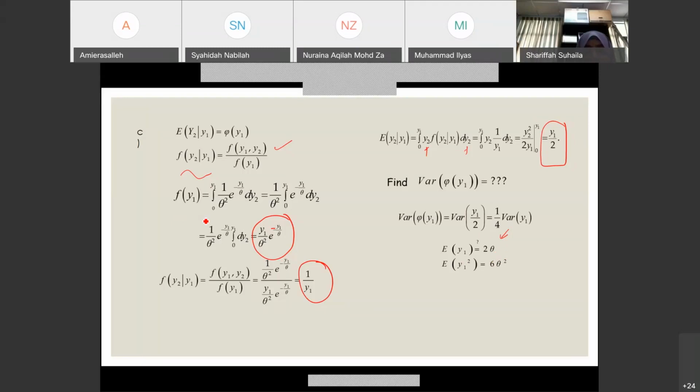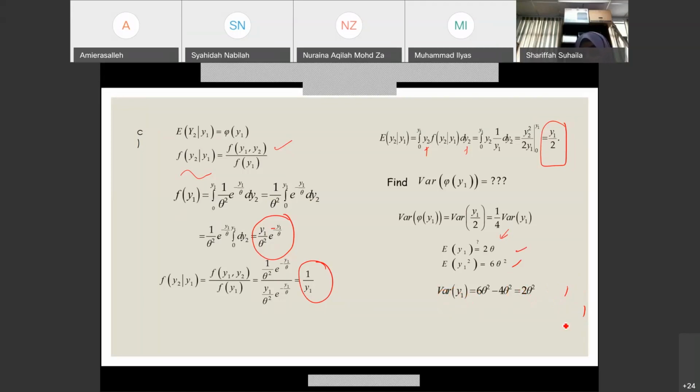So maksudnya kamu integrate lah expected value of y1 times dia punya density dia. Okay, maksudnya di sini nanti kamu buat y1 f y1 theta lah ya. So d y1. Dan dapatkan expected value of y1 square. Again lah y1 square times your PDF. Okay, ini dia punya jawapan dia. Okay, once you already get your, okay, nampak variance dia. So variance y1 is just expected value of y1 square minus that one. So we get 2 theta square. That is your variance y1.